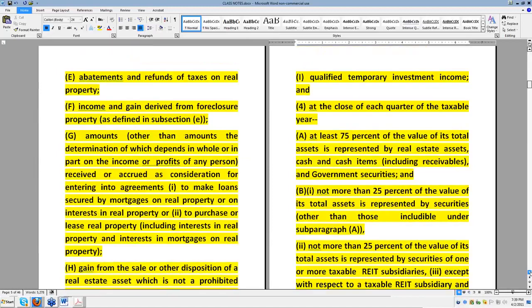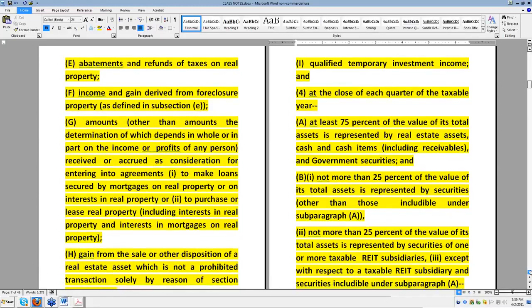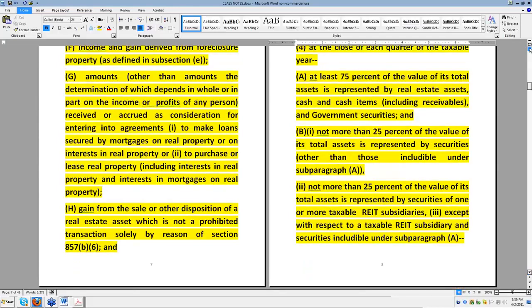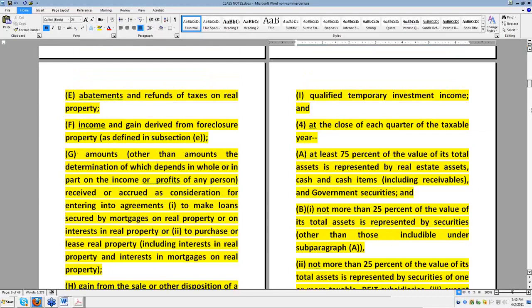E, abatements and refunds of taxes on real property. Income and gain from foreclosure property as defined in subsection (e). We read that. Go down to the bottom, under H, under I. H, gain from the sale or other disposition of a real estate asset which is not a prohibited transaction